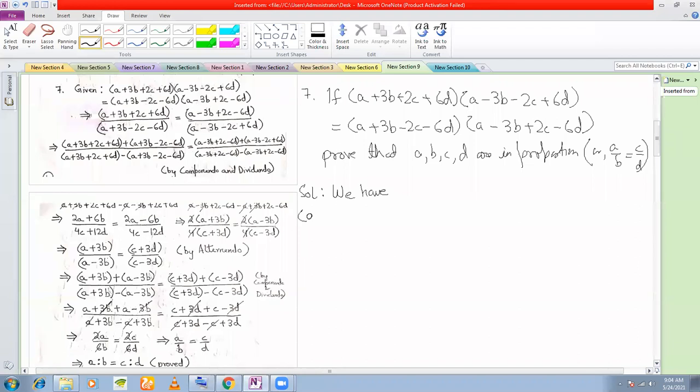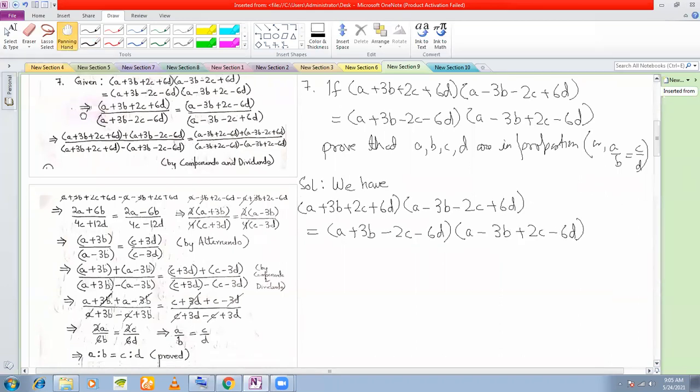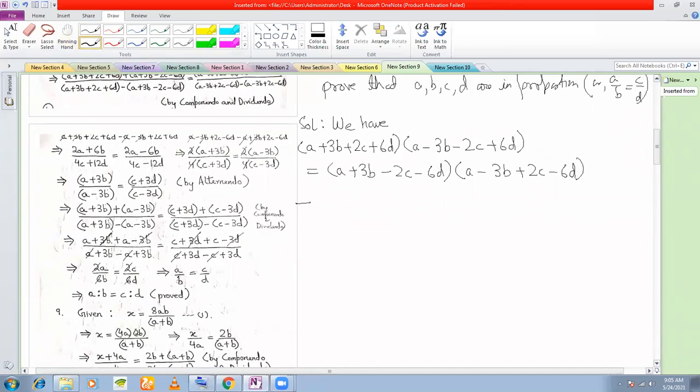So it is given to you here: (a plus 3b plus 2c plus 6d) into (a minus 3b minus 2c plus 6d) is equal to (a plus 3b minus 2c minus 6d) into (a minus 3b plus 2c minus 6d). Okay. Now what you do here is you